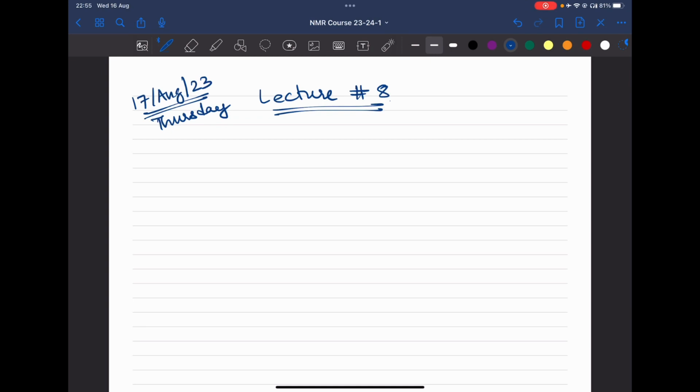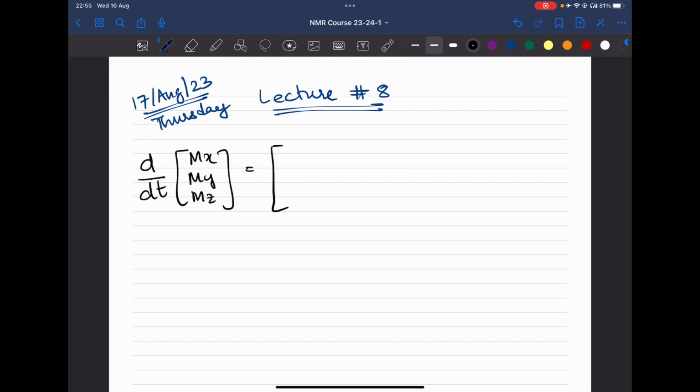Good morning, everyone. Welcome to the 8th lecture in the NMR course that you have been going through for the past couple of weeks. In yesterday's lecture, we ended up writing the rate of change of magnetization Mx, My, Mz